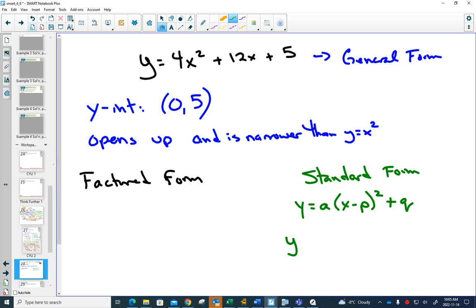That's your hint. So we need to factor out our a value, which is the 4, leaving me with x squared plus 3x. Leave a space. I have a plus 5, but I'm going to leave another space over there to compensate. And then